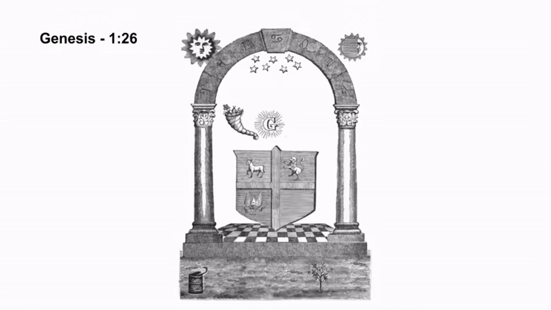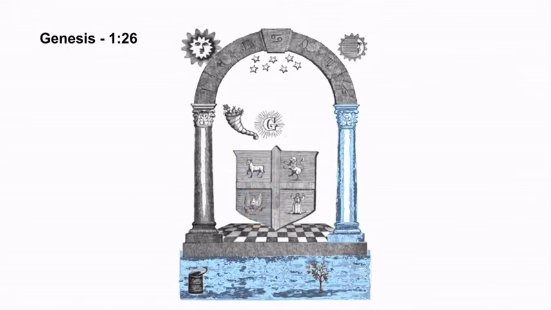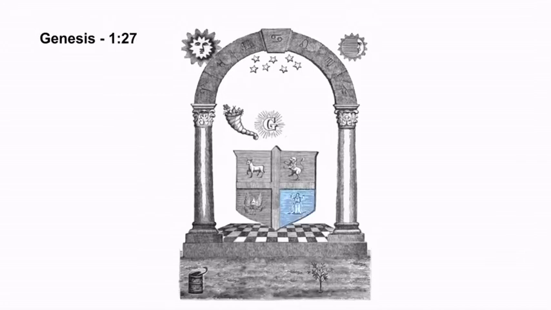And God said, Let us make man, in our image, after our likeness. And let them have dominion, over the fish of the sea, and over the fowl of the air, and over the cattle, and over all the earth, and over every creeping thing that creepeth upon the earth. So God created man, in his own image, in the image of God, created he him. Male and female